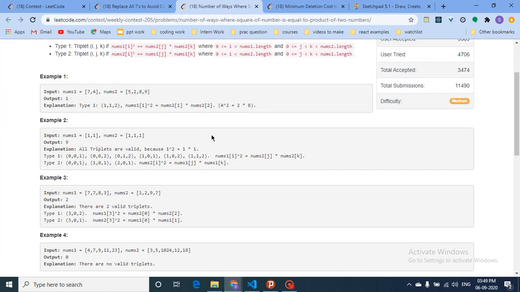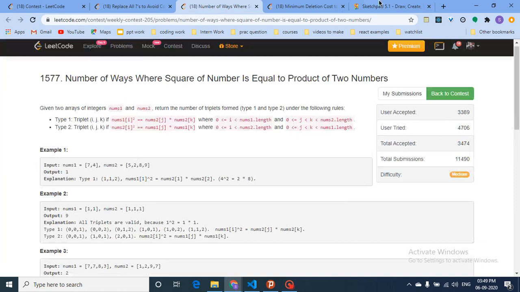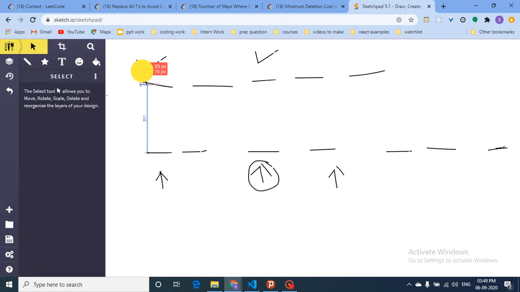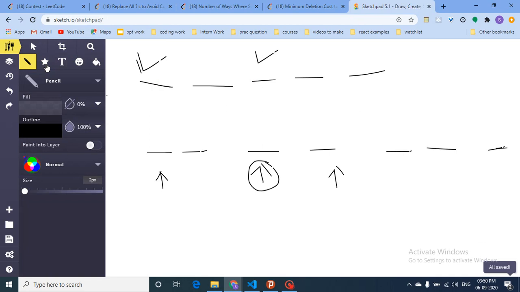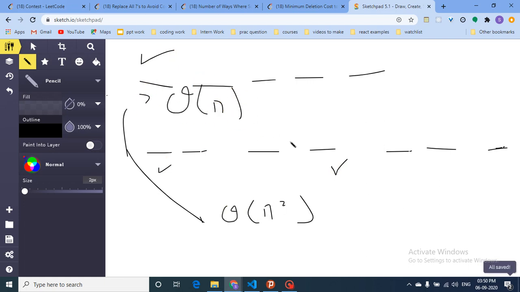Now the main thing is that maybe the constraints are very small. You might think that I can do an O of n cube solution. For every position in the first array, I will iterate over and check whether a pair exists. Checking for a pair takes O of n square, and for every character in the first array I will do an O of n. We will do this for the first array compared with the second array, and also for the second array compared with the first array. So it's 2 times O of n cube, which is O of n cube.